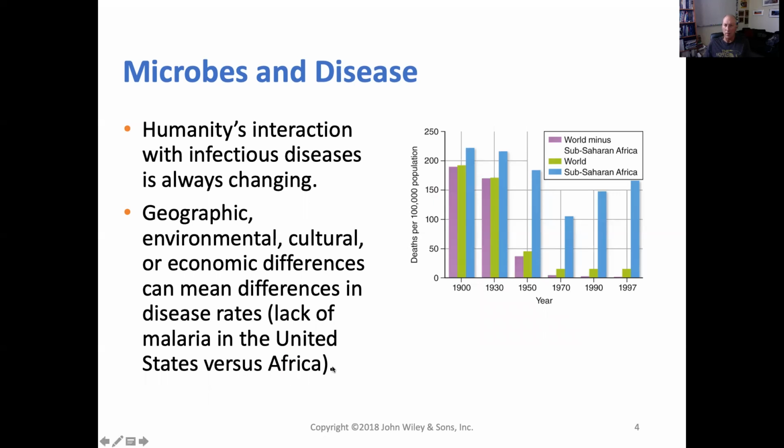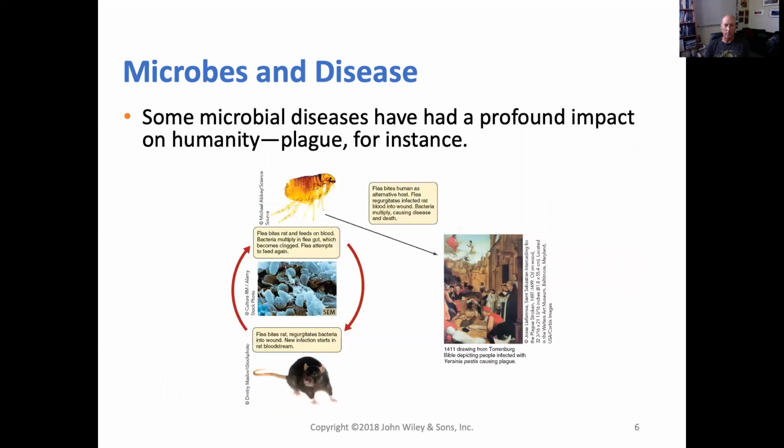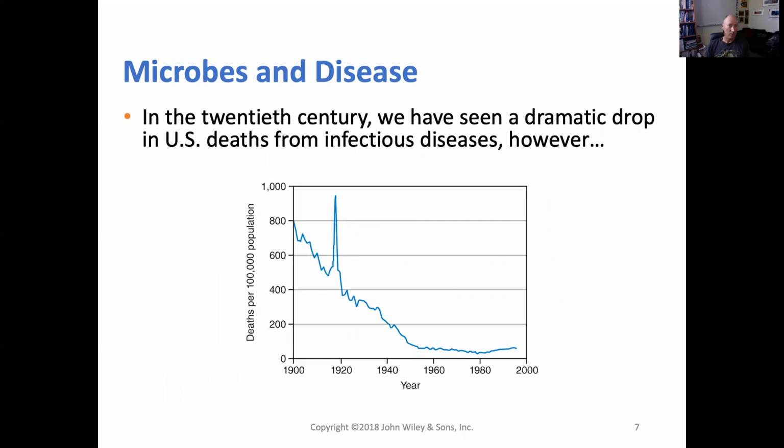You see here, if we look at the rate of infectious diseases in the world overall versus the poorest parts of the world, which are largely in sub-Saharan Africa, you can see that even relatively recently, this only goes up to about 20 years ago, the rates of deaths from infectious diseases are still quite high, whereas in the more affluent parts of the world, they've gone down dramatically. Now, they're not completely gone here. I don't want you to think they're completely gone. In fact, I'm going to skip over that one for a second. If we look at the